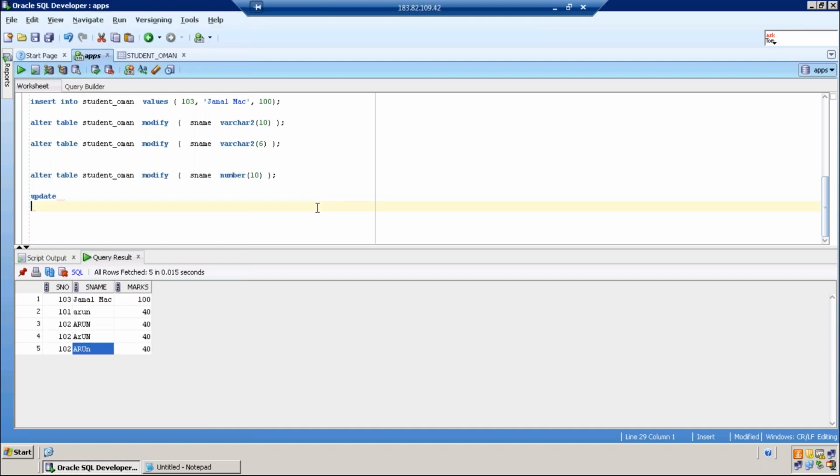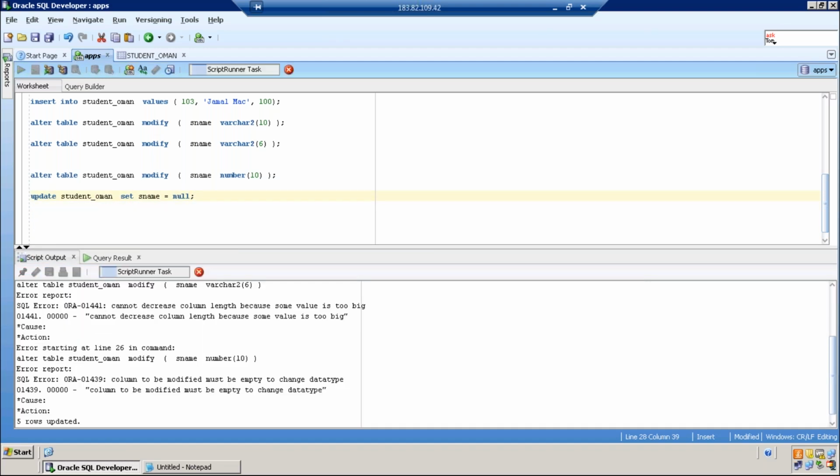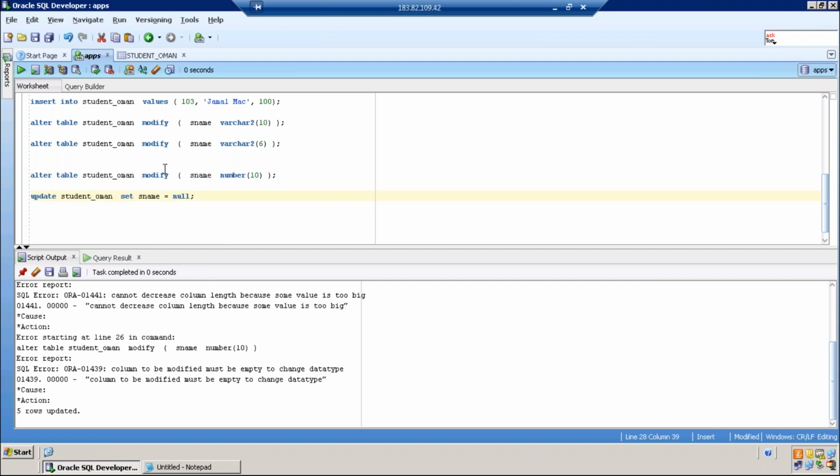Update table name set name equal to null. Yeah, fine. Where clause is not required because you want to update all the records. 5 rows are updated.